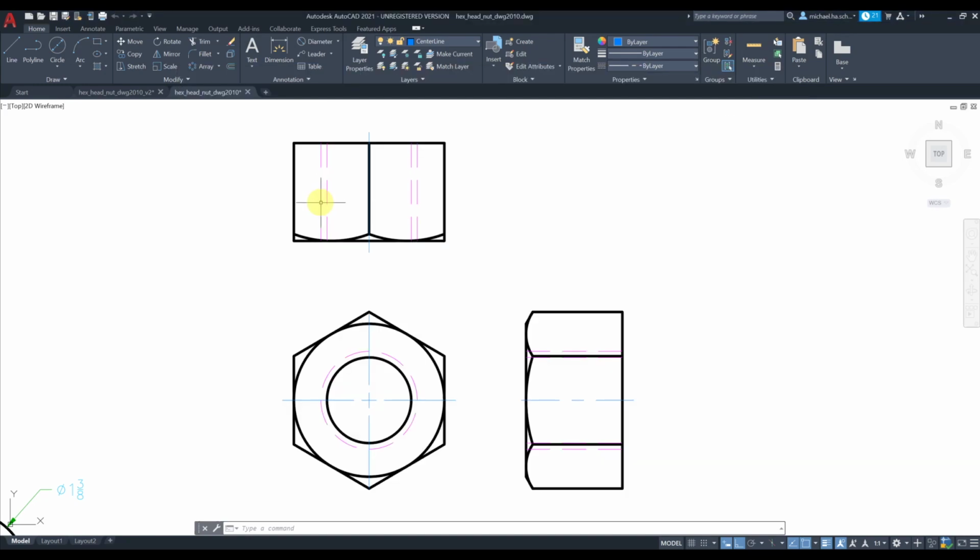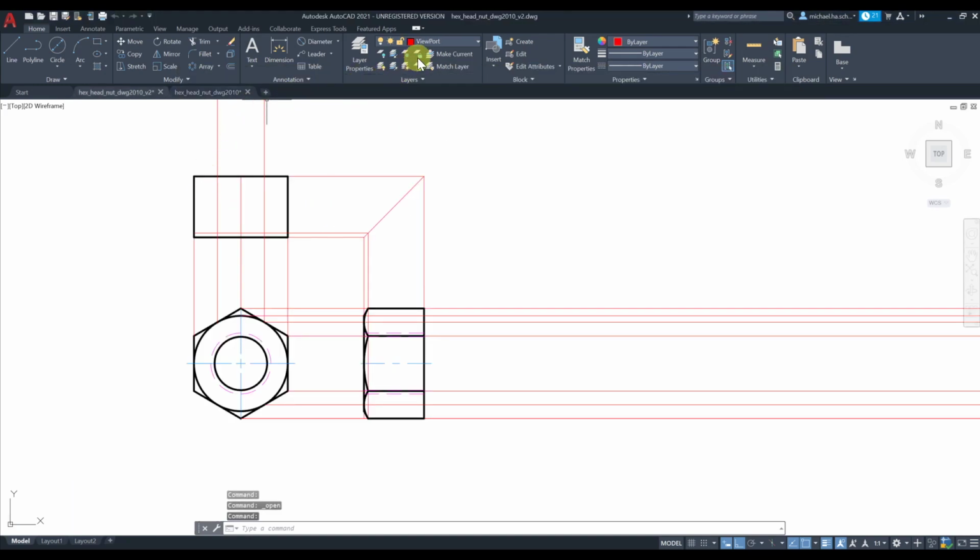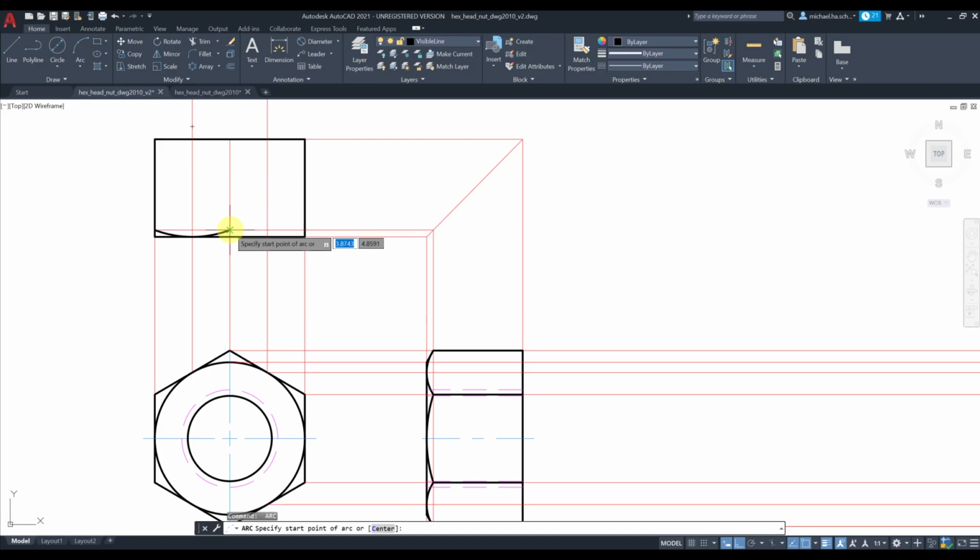So let's go ahead and draw that. Let's grab arc. Second, third, press enter. First, second, third. Grab line. Okay. Let's grab hidden layer, line. You can get closer to this and drag. You're actually tracking the quadrant point. Okay. And